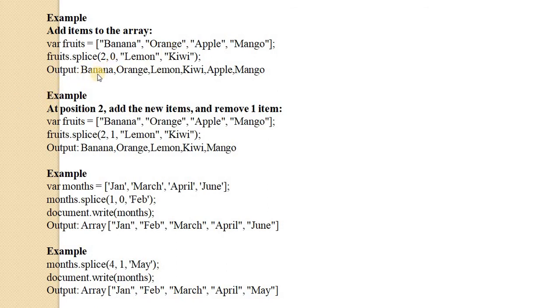In this example, we declare one array and assign the values banana, orange, apple and mango. After that we apply the splice method, and in that splice method we replace one element